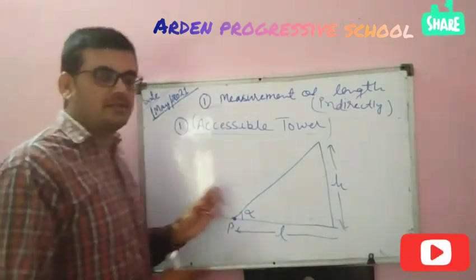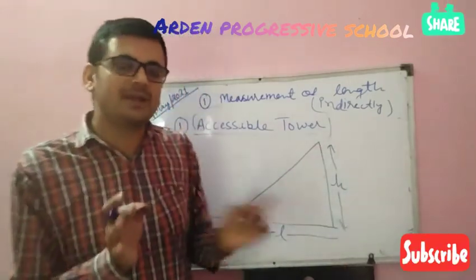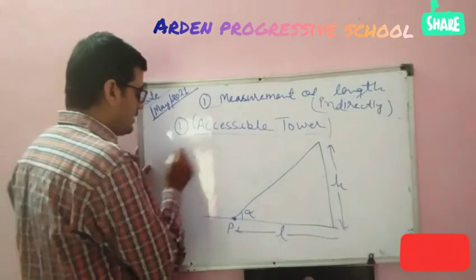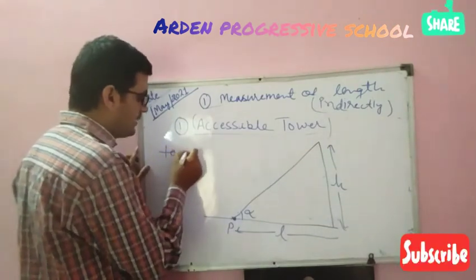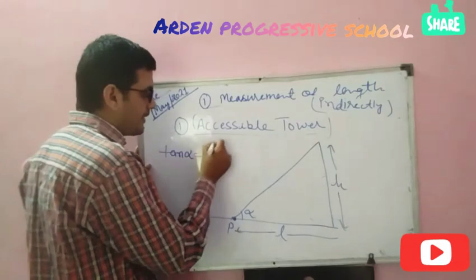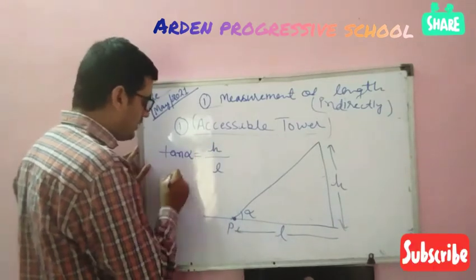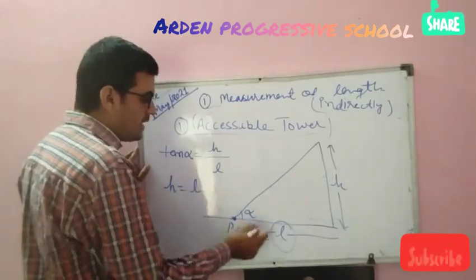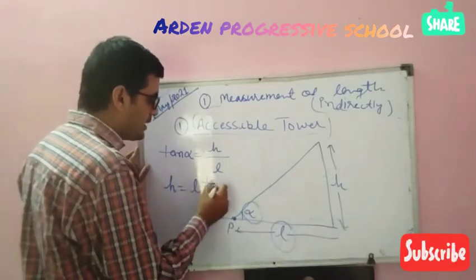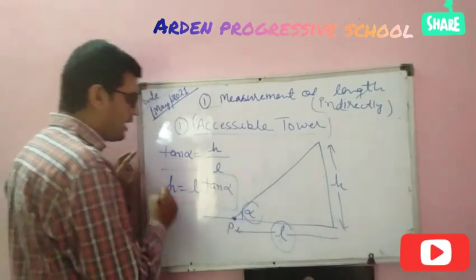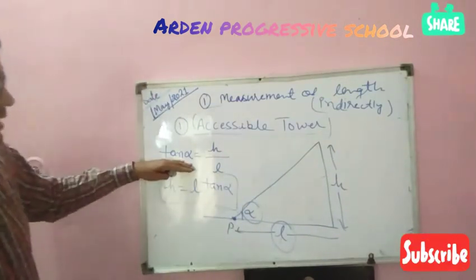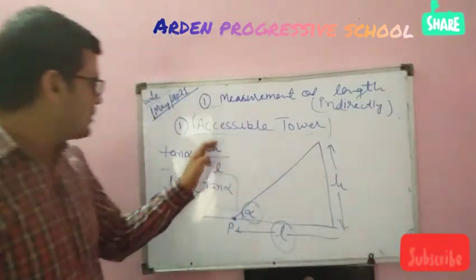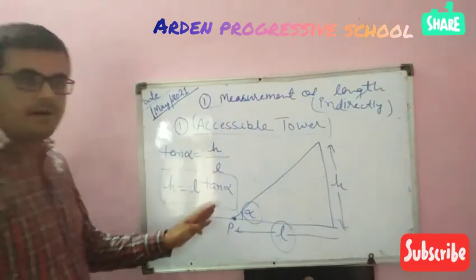So beta, you have done this type of question in trigonometry. Very simple this one is. How will we calculate this length, this height? We will apply tan alpha here. Tan alpha equals perpendicular upon base. If we know this distance L and this angle, we can easily find the height of the tower. Tan alpha equals perpendicular upon base, so the perpendicular h equals L tan alpha.